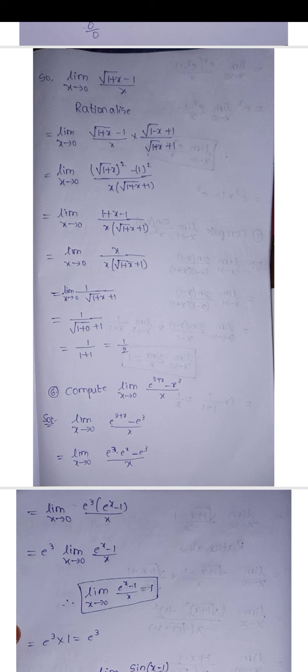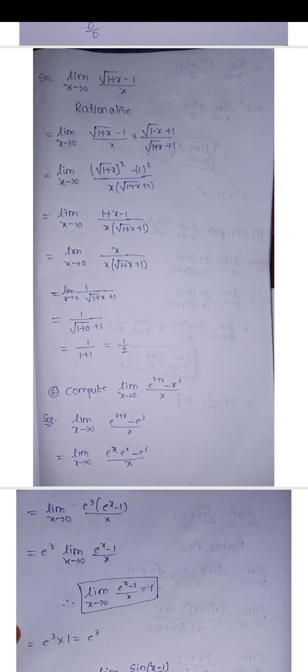So root of 1 plus x whole square minus 1 whole square by x into root of 1 plus x plus 1. So root and square get cancelled, then we will get 1 plus x minus 1 by x into root of 1 plus x plus 1, 1 gets cancelled, and x by x into root of 1 plus x plus 1. Numerator x and denominator x get cancelled, then we will apply the limits, then the final answer